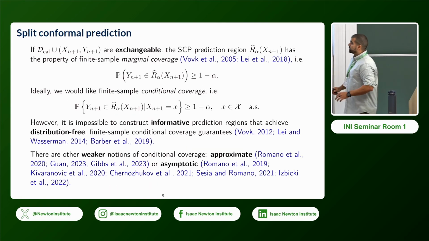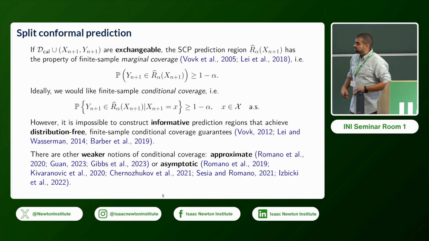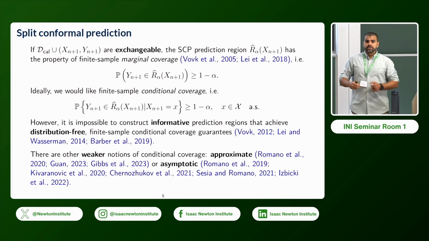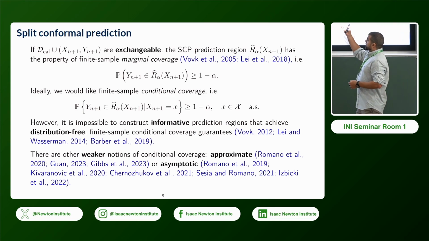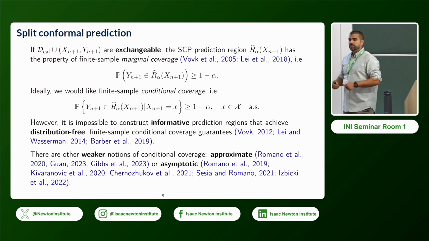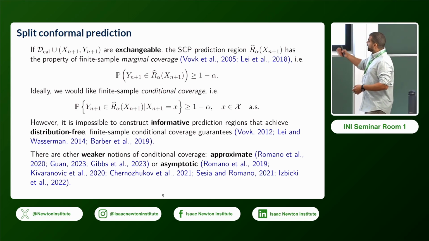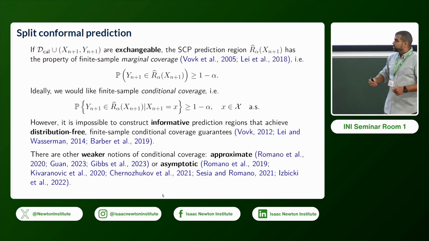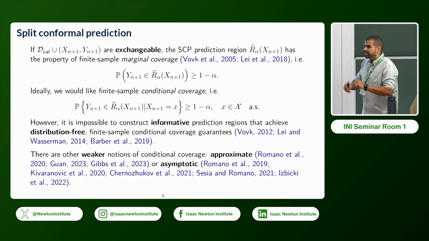Quickly, I think it has already been introduced this morning. If the calibration set and the test set are exchangeable, then we have the classical marginal coverage guarantee, the finite sample coverage guarantee. Ideally, we're interested in the conditional coverage guarantee, but we know that it's impossible in the distribution-free setting. But there are other weaker notions of conditional coverage, including approximate and asymptotic conditional coverage. So that's a quick recap of